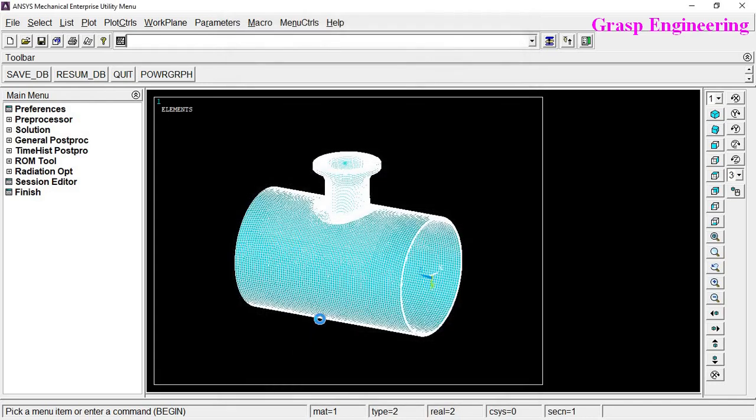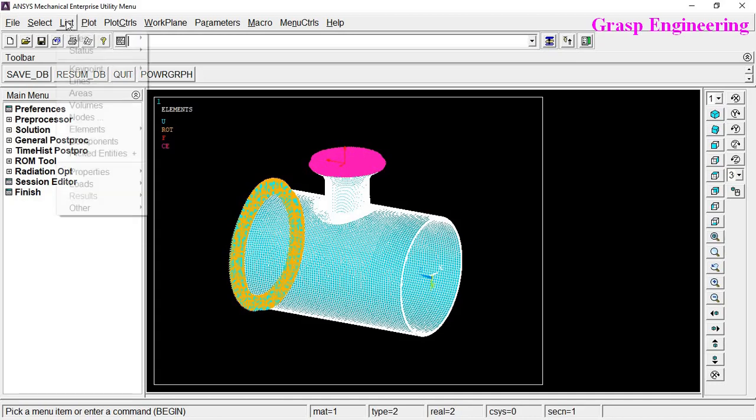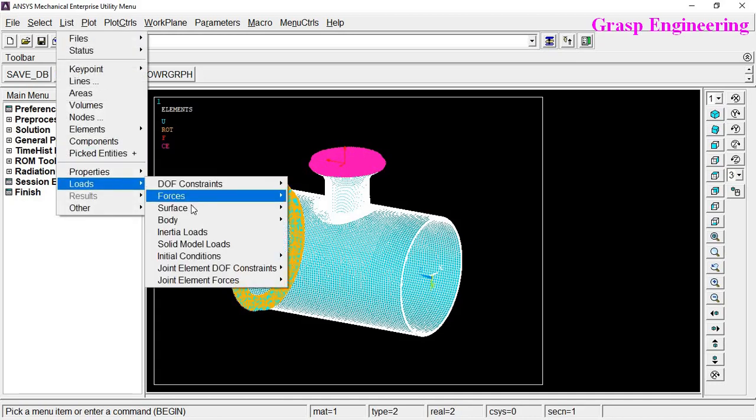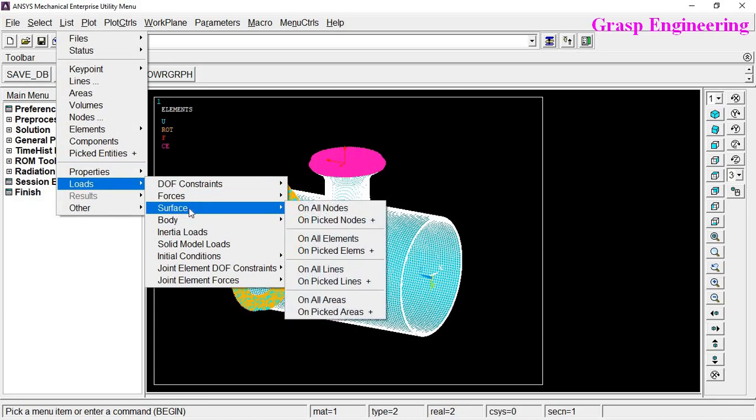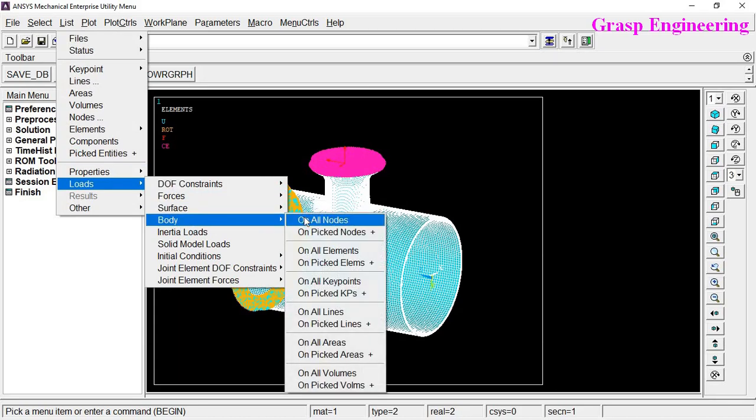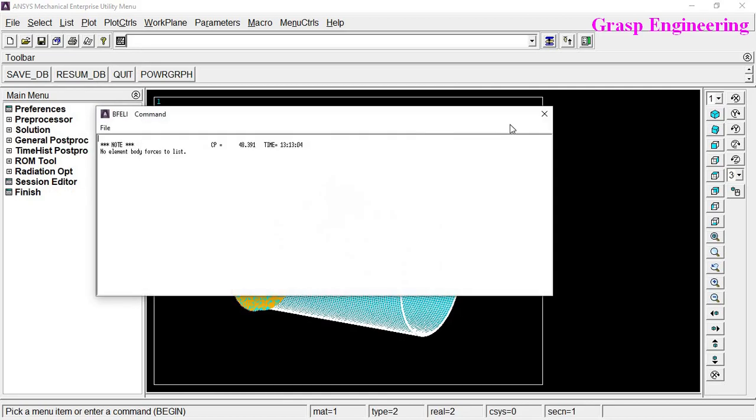Okay, so now you can see that displacement is there, then forces are there, then constraint equations are there. What about pressure? Basically we applied it on an element, so it will not show. So for that, just to confirm, Loads, Surface, Body loads on all elements.